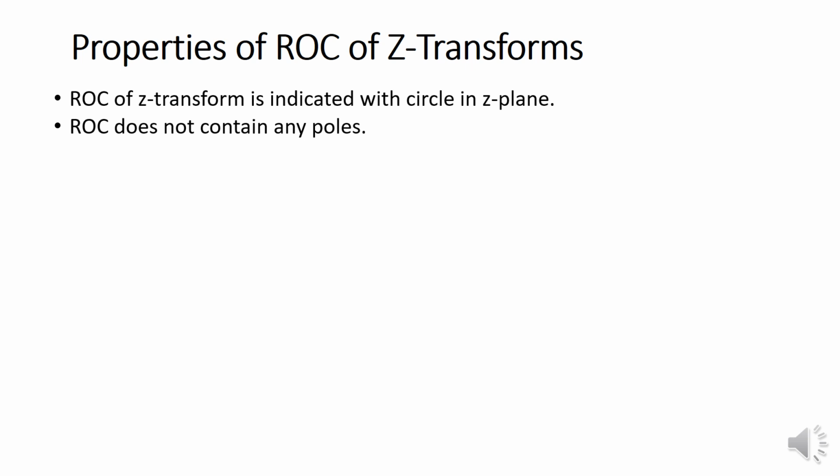Consider this example. Let's say X(z) is equal to numerator divided by denominator. Poles means the roots of the denominator, that means the values that make the denominator equal 0. Numerator divided by 0 will be infinite, meaning X(z) is infinite. If X(z) is infinite, that is not convergence, because the magnitude of X(z) should be finite. Therefore the ROC will not contain any poles.